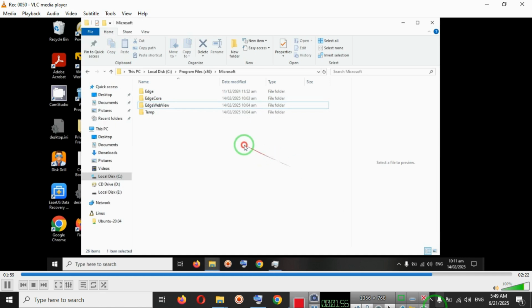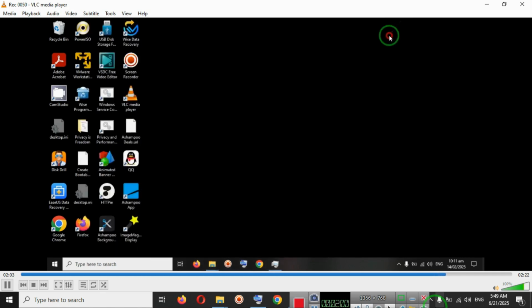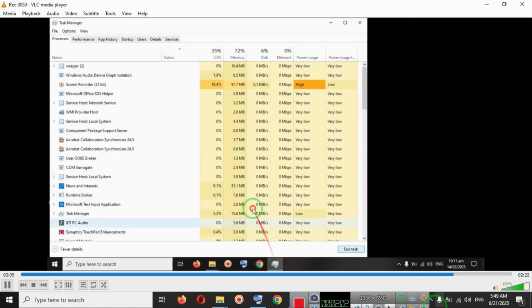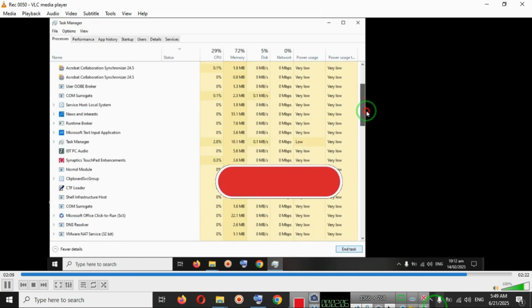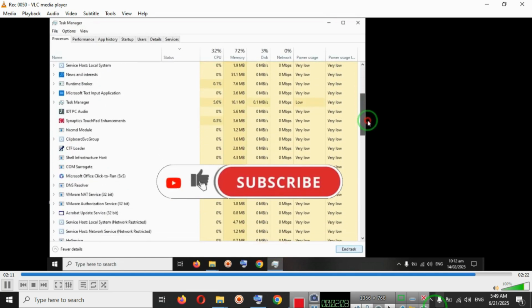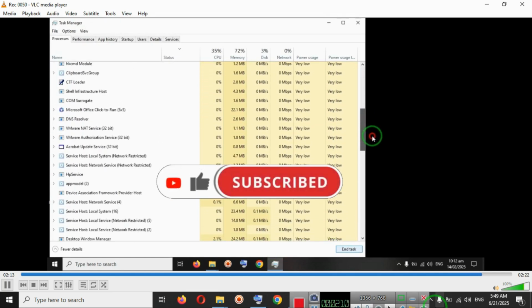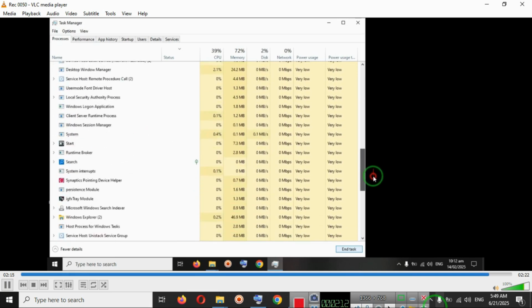This folder is installed when you install EdgeWebView. This process will be removed and not shown in Task Manager after